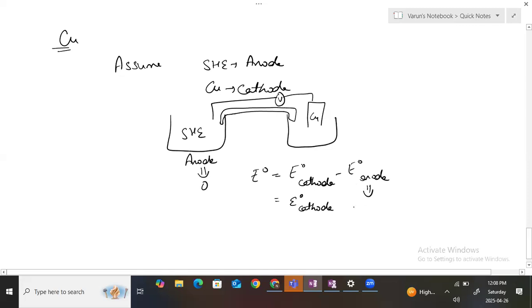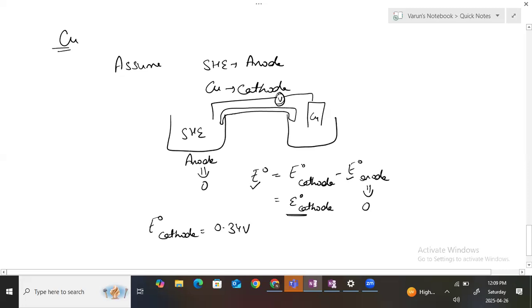Anode 1 is the SHE. It is a random one I have picked. This E naught cell I will get from this reading. The voltmeter will give this one. So here I have this value, so I can find out this one. So E naught cathode for this case comes out to be